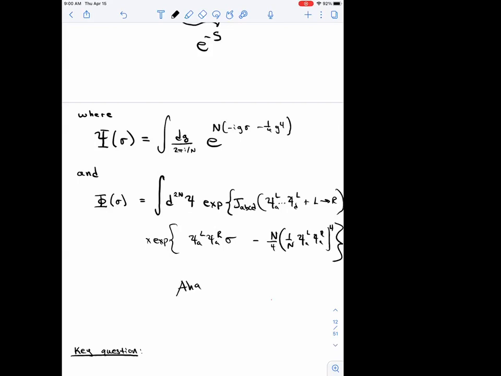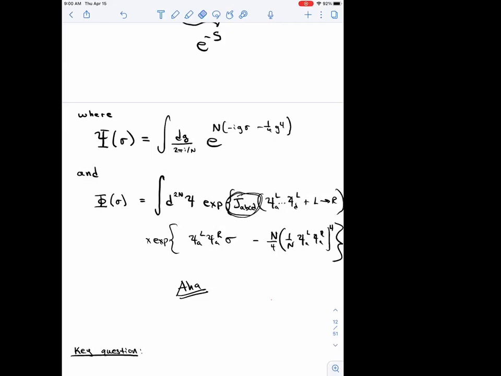Okay, so this is the non-trivial part. Here's where the complexity of the fixed coupling theory is hiding. This very complicated function phi of sigma is a fermion integral that we don't know how to do explicitly, that depends on these couplings here. It depends on J, A, B, C, D.